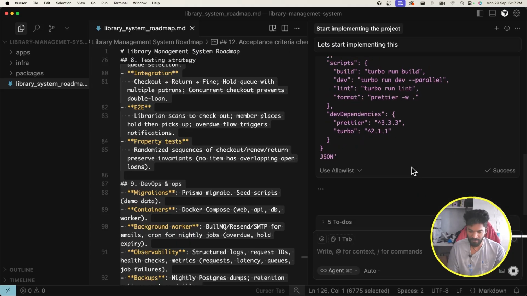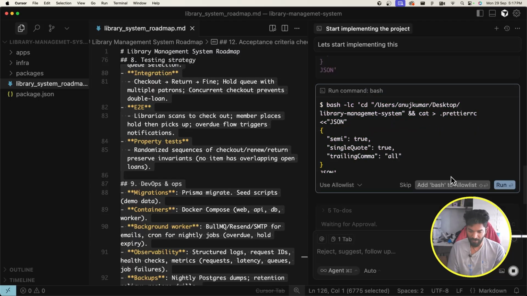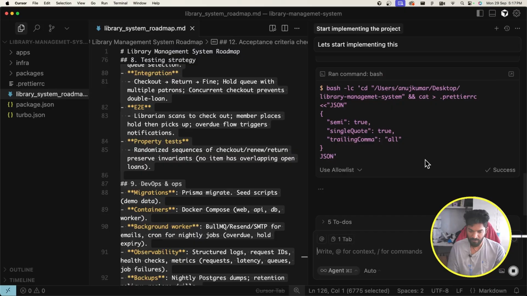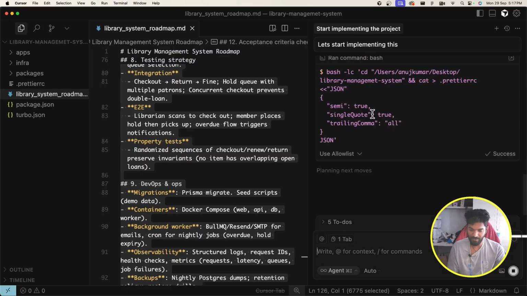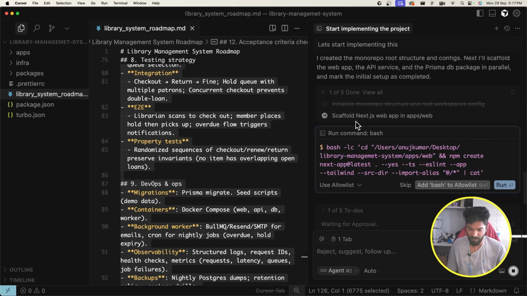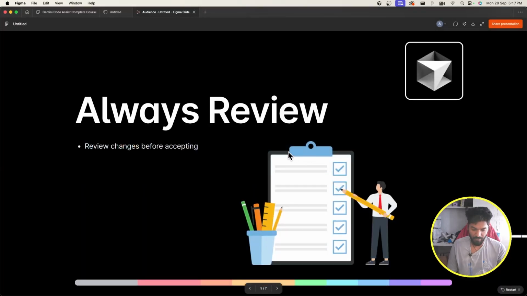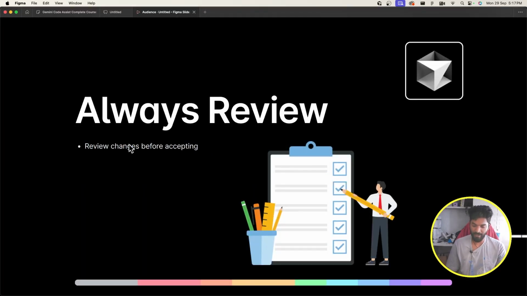Run this, run this. Yes, I have reviewed this. Run, right? Review this. Yes, run. So we are doing a lot of things, but not reviewing everything, but you should review each and everything, like what Cursor is doing, and this is how you can learn very fast as well, right? So Cursor has initialized a monorepo structure, something which we kind of generated from a plan. We'll say run this. So not gonna go much into here, but yeah, always review changes before accepting what AI